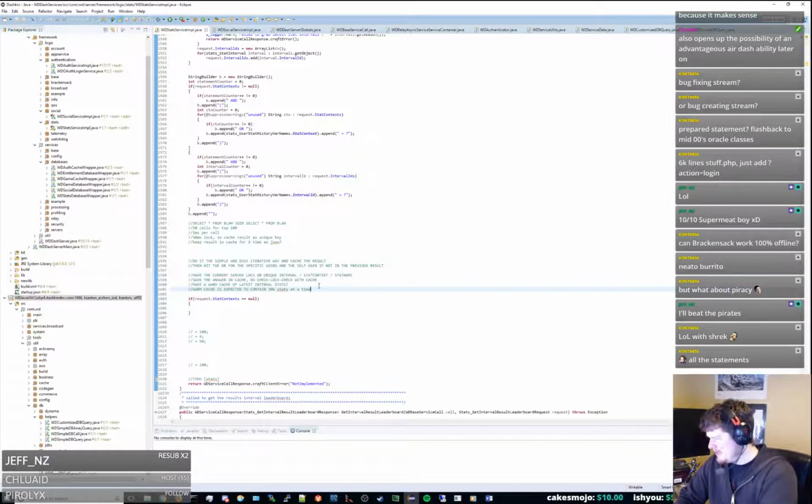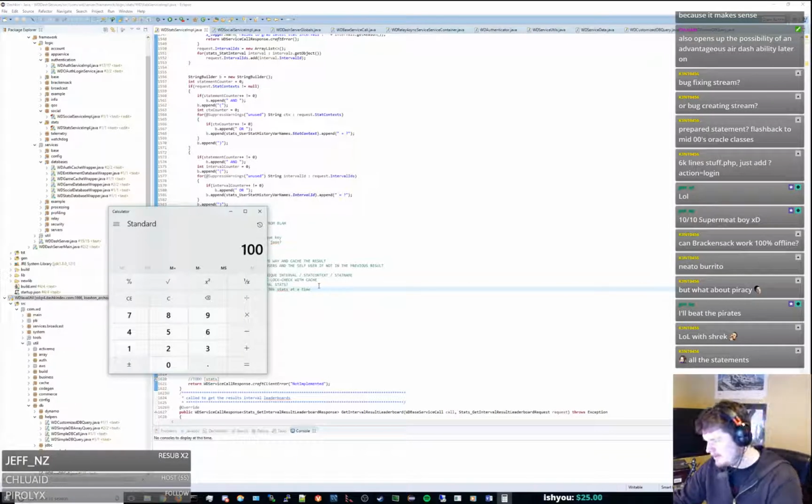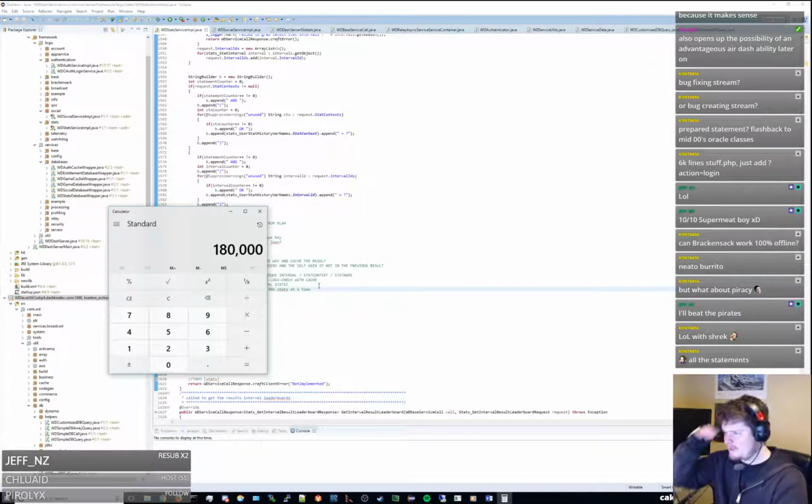How many stats are we going to have? That's the other thing that starts to get... stats just get stupid. And then we also have the results. So if we have 200 missions, and I have to keep all that cached, in the top 100 of that, it's 100 times 6 different intervals times, let's say, 300 missions. That's 180,000 actual pieces of data I have to keep track of and cached, which really isn't all that much